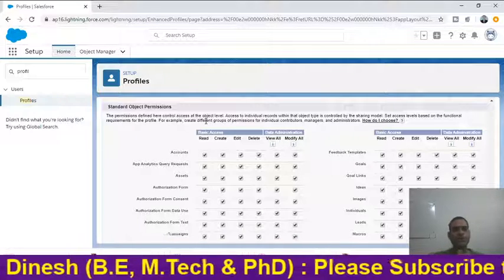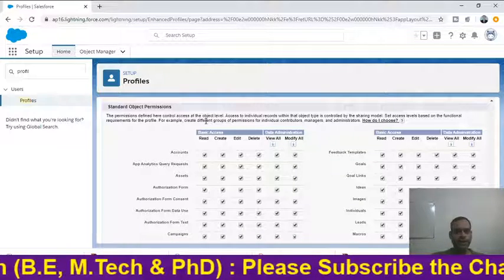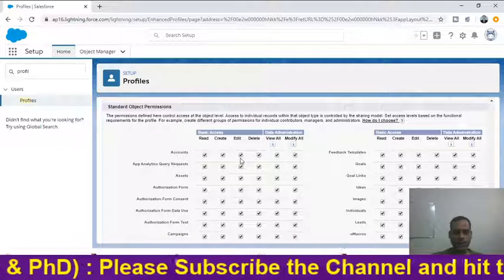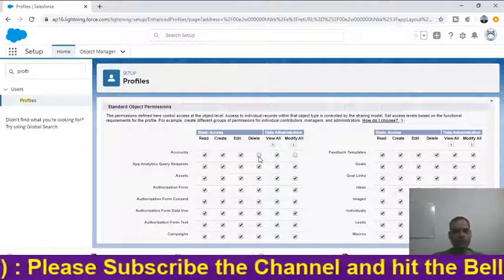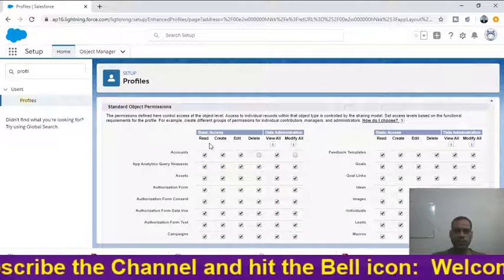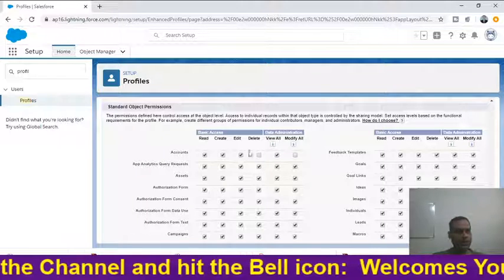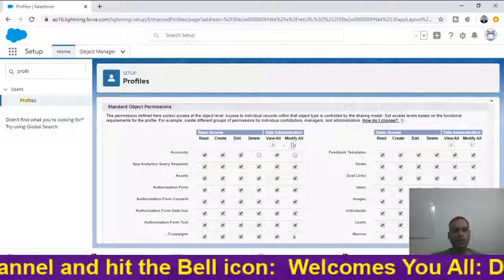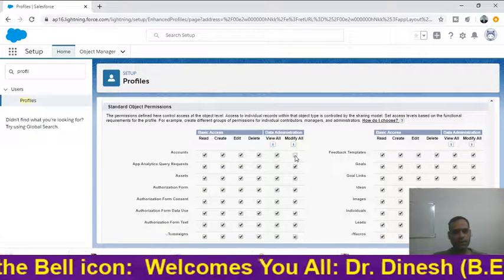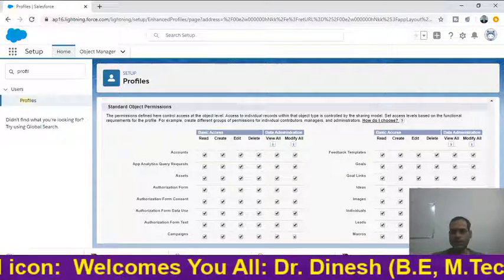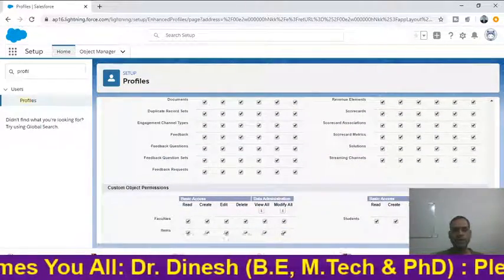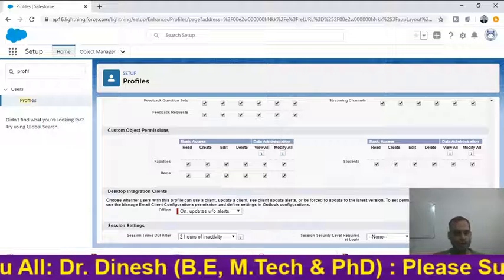Standard object permission is nothing but read, write, edit, delete permissions for the user, so we can do that. If you want to check, check it, otherwise uncheck all the things. So the user can only read, create and edit, or the user cannot delete or modify, like that. It's up to you, whatever you want you can customize from this section. This section provides all the flexibility to users to set things as per their needs.